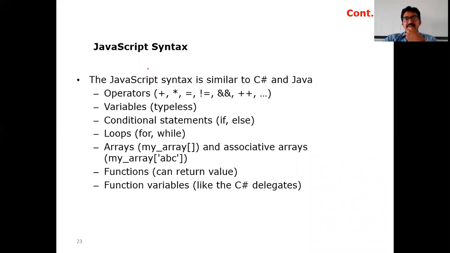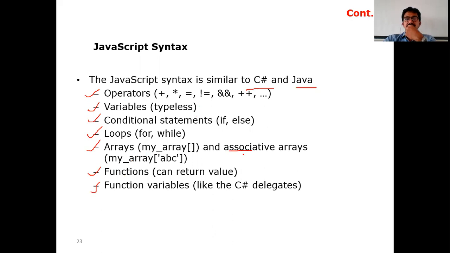JavaScript syntax is similar to C# and Java. So in JavaScript we have operators, variables, conditional statements like if else, loops like for loop and while, arrays, both normal arrays and associative arrays, and functions, and function variables.